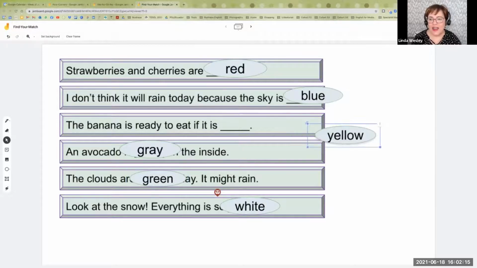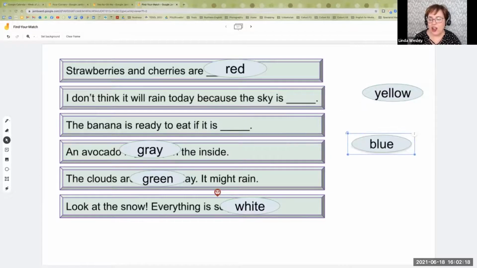So there again, these things are all movable on the Google Jamboard. You can use them again and again. And also, if you're not familiar with Google Jamboard, you can take these activities, you can duplicate this page after page after page, and then you can send the link to 2 students for page 1, the link to 2 students for page 2, for page 3, and then they can only edit that page.